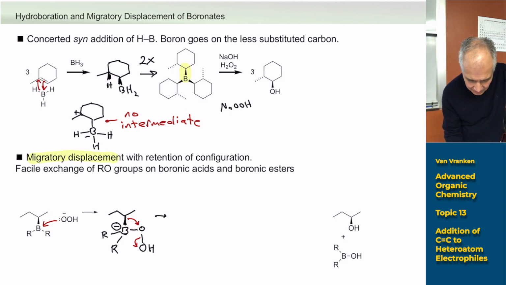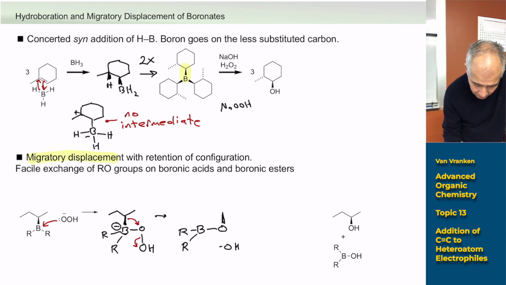Let's go and draw the next intermediate. The next intermediate is a boron ester. I've still got this O here. That OH acted as a leaving group. It's down here on the bottom. And now we've got this alkyl group attached to that oxygen atom. And it will preserve the stereochemistry, any stereochemistry that we had at this starting. The configuration